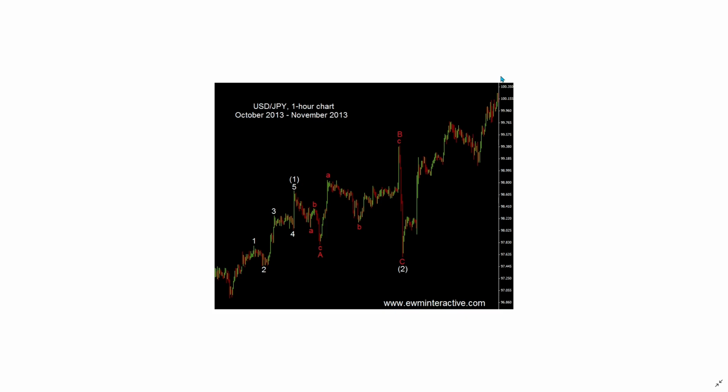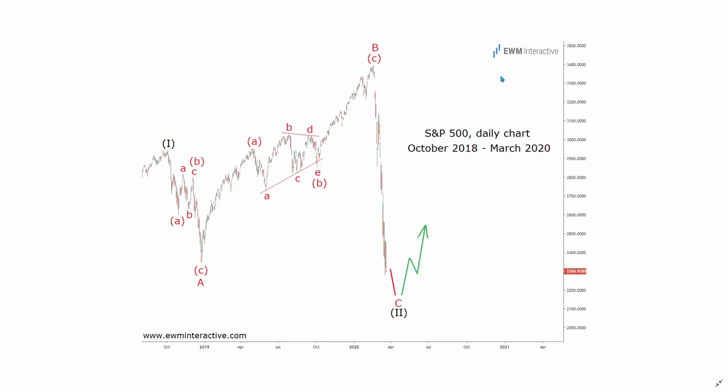A more contemporary example of an expanding flat includes the COVID-19 crash of the S&P 500 in March 2020. As the world locked down and panicked, that sell-off actually fit perfectly as the wave C of an expanding flat, which began a year and a half earlier in October 2018. Note that despite its very large size, wave B was still just a simple ABC zigzag in brackets with a triangle in wave B. Wave C was the natural conclusion of that expanding flat correction, preparing us for much higher